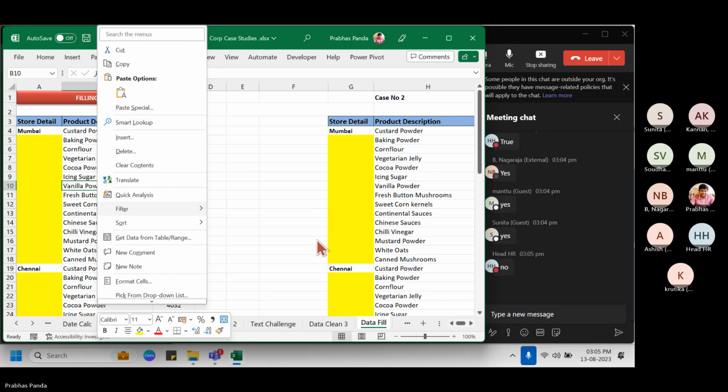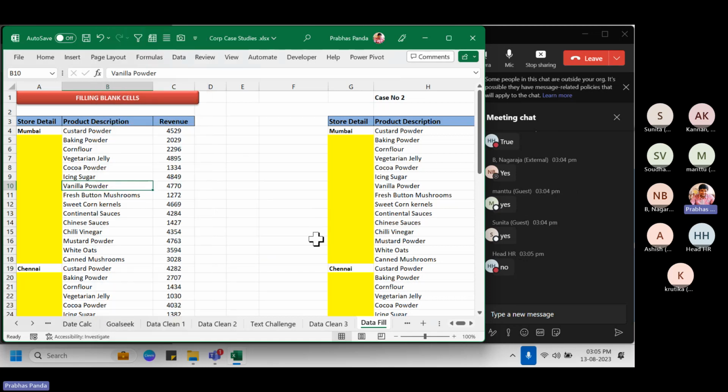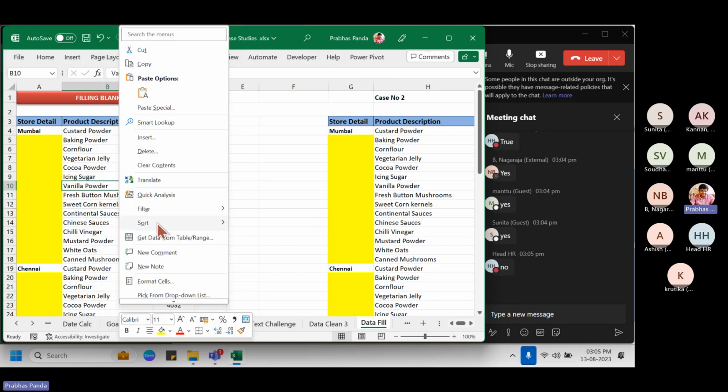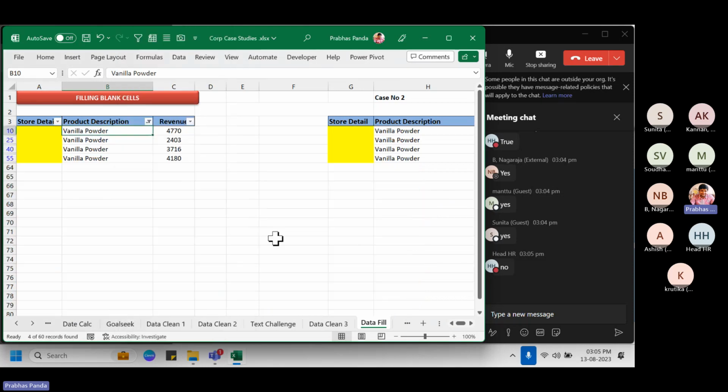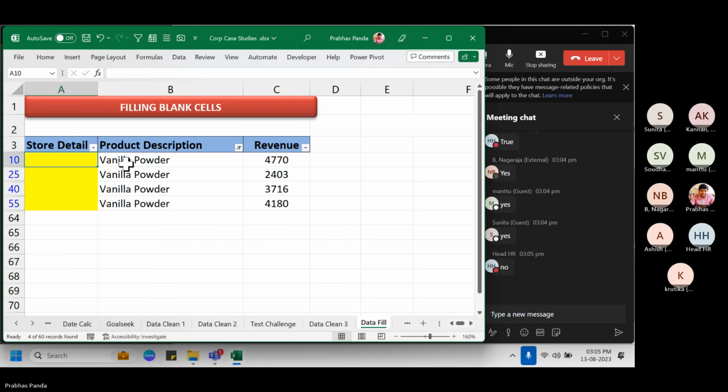Fine. Now take a look. Suppose over here I did vanilla powder related filter selected by cell value. My boss is still not happy, right? Why? Anybody? Yes, Nagraj, you were saying something. No, store details is not there. So since store detail, which outlet those vanilla powder related records belong to, is not there,